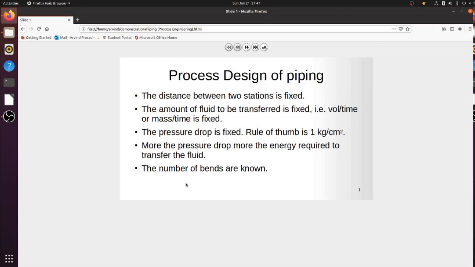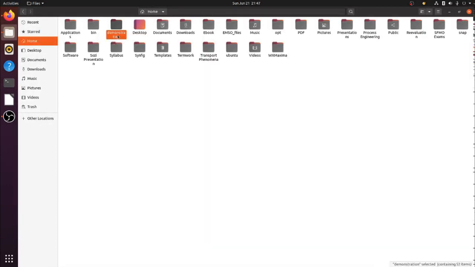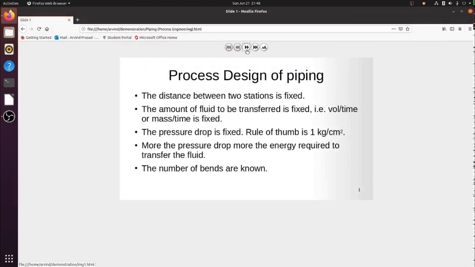Now this entire folder can be copied, that is this entire folder which you have, that is demonstration. It can be copied in a pen drive, and you can take this pen drive and run the presentation in any computer, be it a Linux machine or be it a Windows machine. It should only have a browser. If it's an Android based operating system also, all it should be capable of doing is running a browser. Now you can neatly run your presentation.